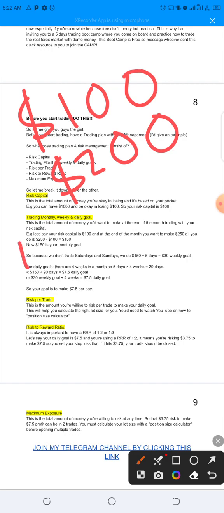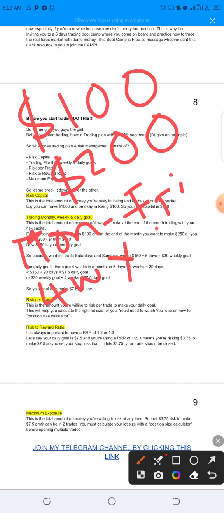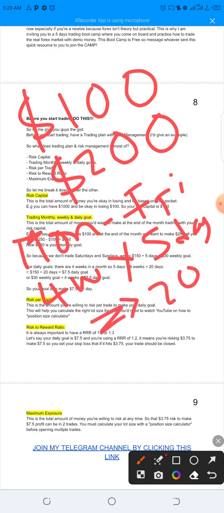So currency pairs, the market is open for us Mondays to Fridays. That means in a week we have 5 trading days. So in a month, that is 4 weeks. That is 4 weeks times what? 5 days. So that is equal to, by default, 20 days for trading. Some months you can have 21 days, 22 days, but let's just say 20 trading days.